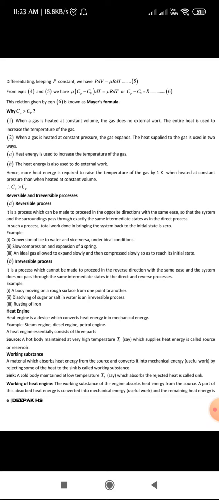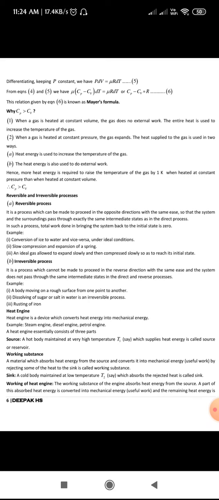Okay, so that you have come back to your original thing there. Okay, initial state we call. So the example of that conversion of ice to water and vice versa, it is in ideal condition. As you know, when you convert a given amount of ice into water and again water into ice, there will be a loss in mass. Not the entire thing can be converted into water and again from water to ice. So that is the ideal thing. That is why they have given under ideal condition.